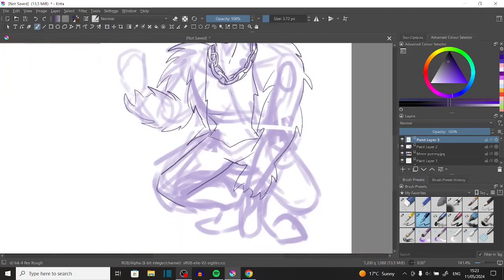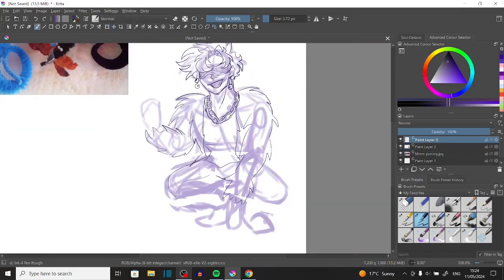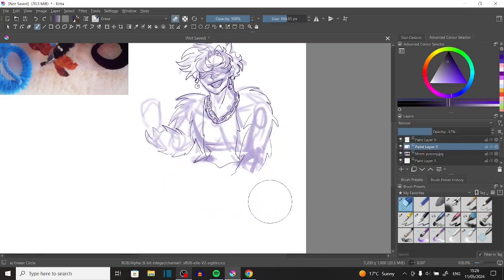Why did I give him bacon sunglasses? Because the image called for it. The image called for it. This is making random objects and images into characters, so you know, I had to do it. It had to be done. Someone had to do it, and it had to be me.